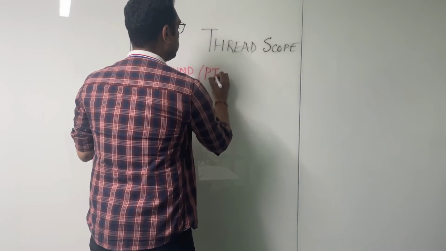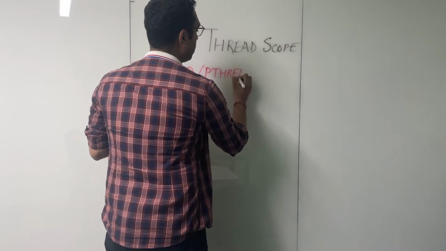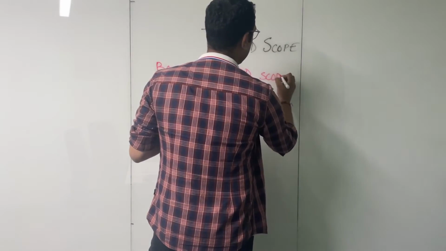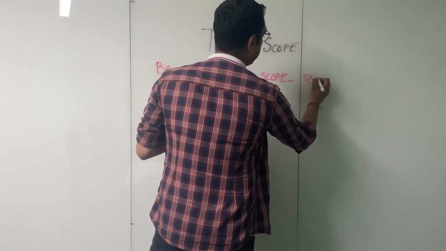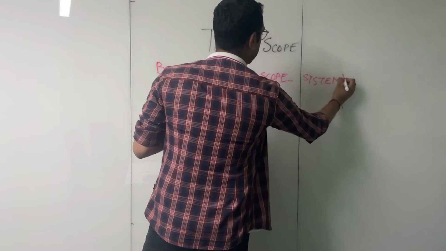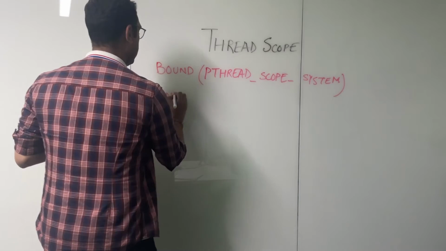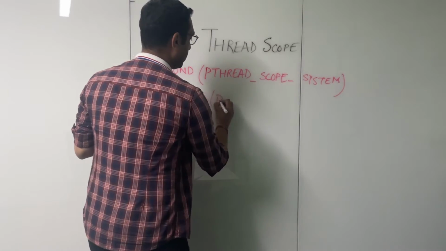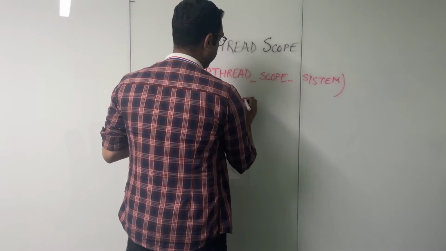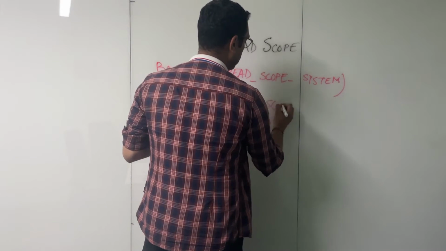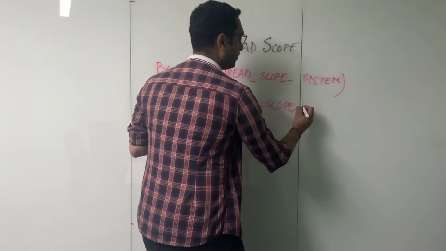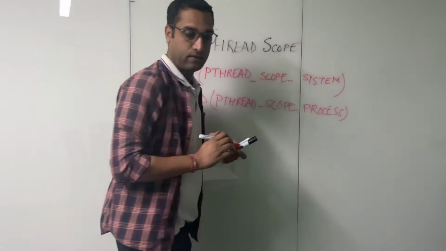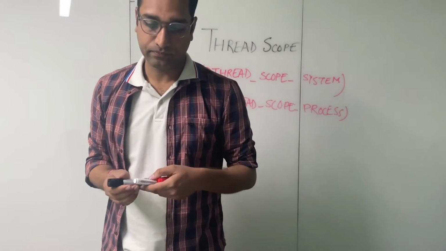So the value that we use for it is pthread underscore scope underscore system, or we call it unbound if it is pthread underscore scope underscore process. Okay,